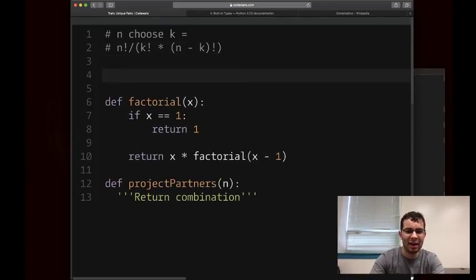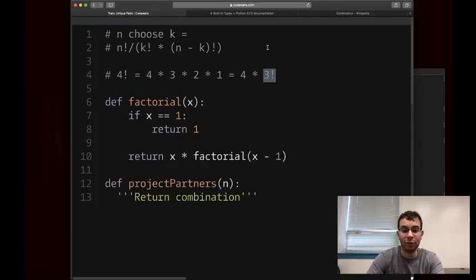And I think everyone watching this probably knows how factorials work, but just really quick, 4 factorial is equal to 4 times 3 times 2 times 1, which is the same thing as 4 times 3 factorial, right? Because 3 factorial is 3 times 2 times 1, which is that. So 4 factorial is 4 times 3 factorial. That's what we're doing. We're saying that x factorial is x times x minus 1 factorial, but eventually we are